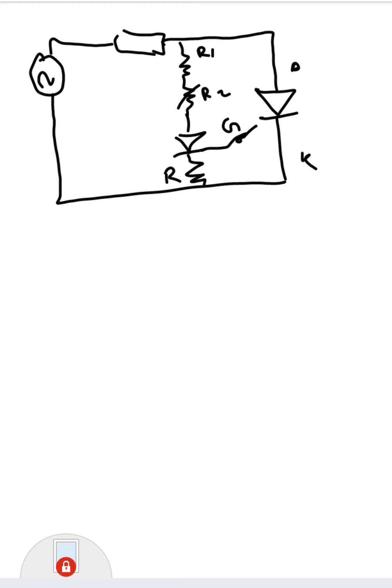Now I will draw the waveforms and explain how the triggering occurs at different firing angles. Okay, for that you have to draw this graph. So this is very important in power electronics. You have to draw the graph in a neat manner. In every question, if they are asking about any triggering circuit or any circuit, this graph is mandatory. So you have to draw the graph.